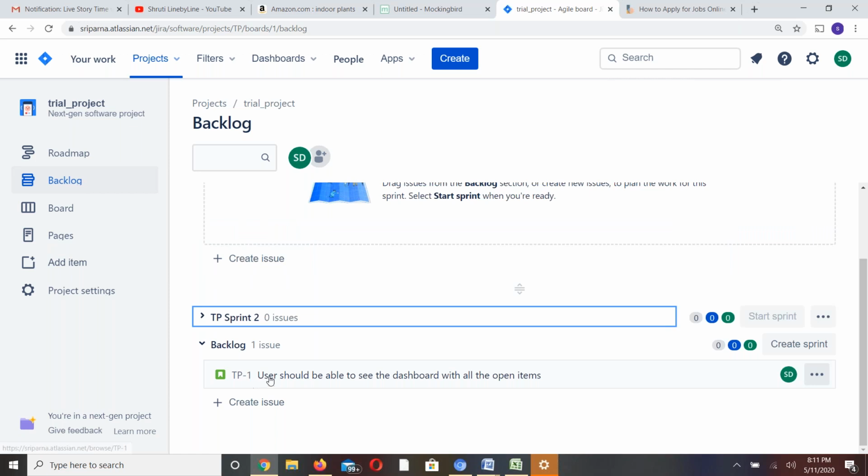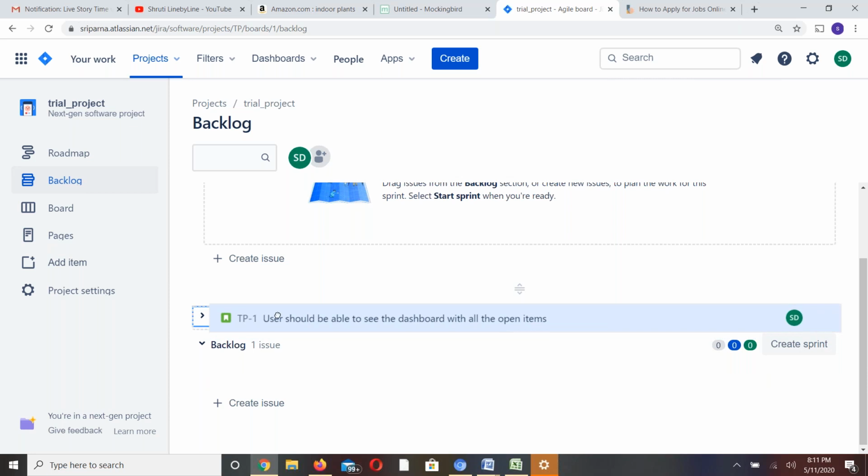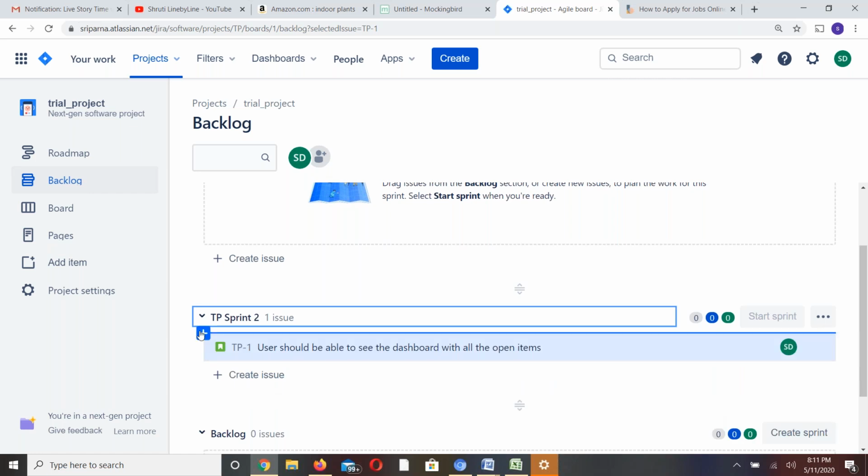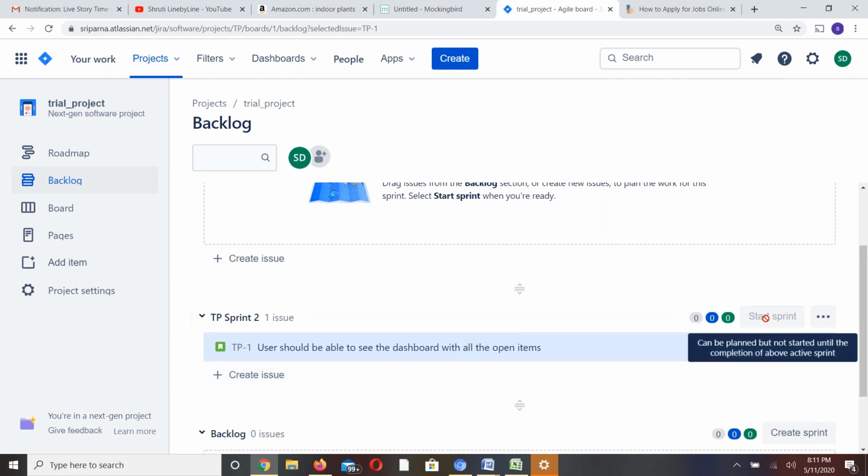So you can pick your items during the sprint planning. What happens is that you pick up the items from the product backlog into your sprint backlog. Now, if you see, your sprint 2 has one item that is added to it. So now if you want to start your sprint cycle, for example,